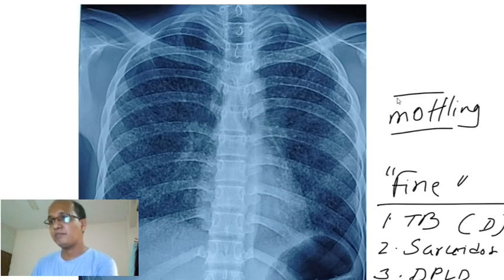There are many more options, you know. So this is actually a case of disseminated tuberculosis, miliary tuberculosis. When the reticulonodular shadowing is very fine mottling, that is very small nodules like this one over the lung field, then it is called miliary